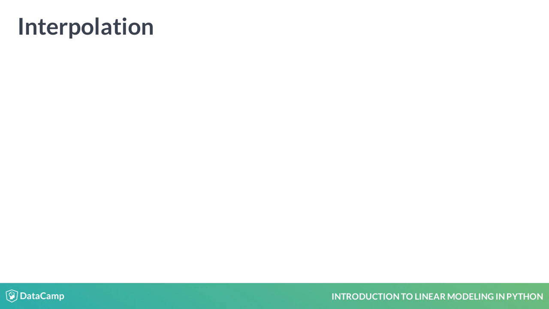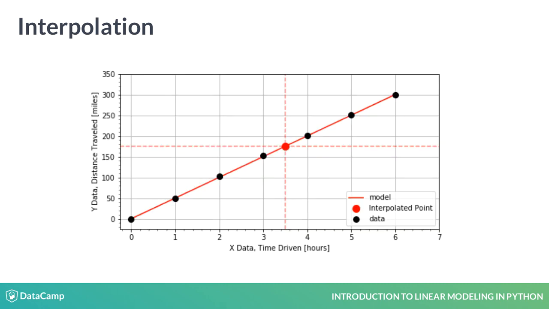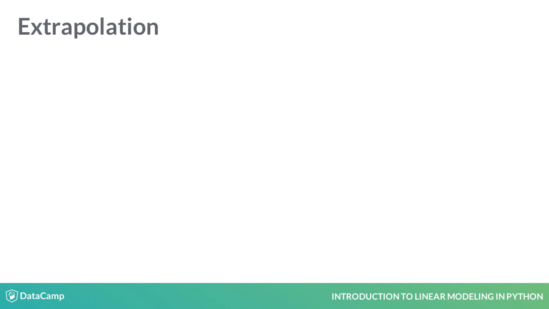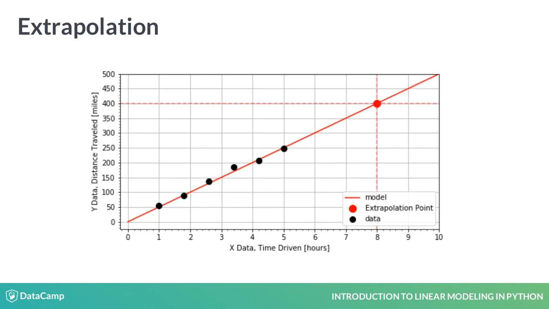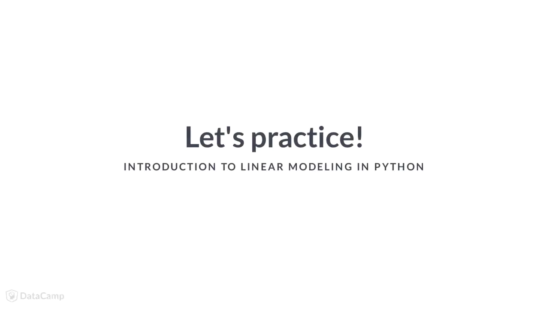Interpolation is a model prediction for points in between the times we actually measured. Here, our model predicts we would travel about 175 miles in 3.5 hours. Extrapolation is a model prediction for a distance for a time outside the range of measured times. Here, we can see the model predicts we would travel about 400 miles in 8 hours. Later in the course, we'll start building models, but for now, let's practice using prepared models to make some